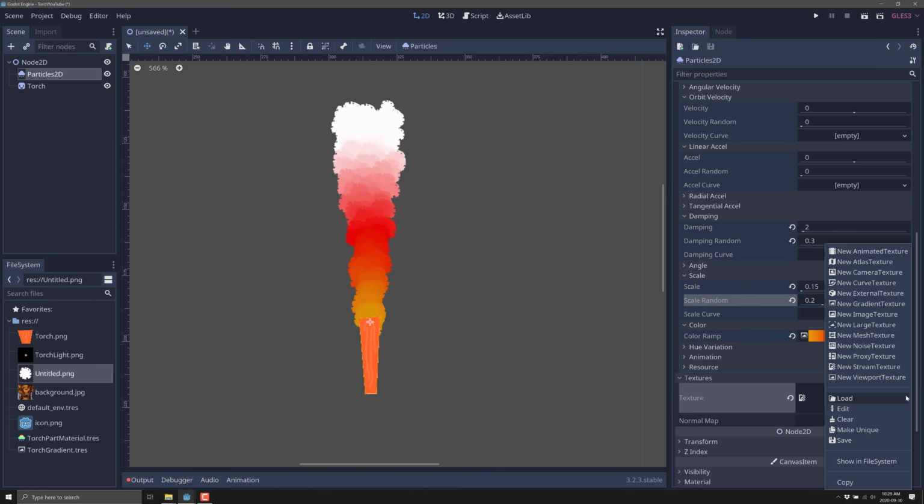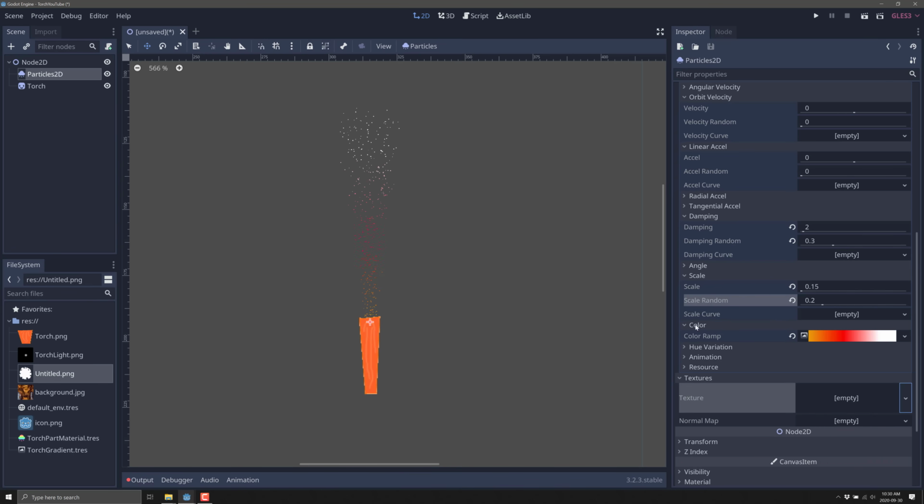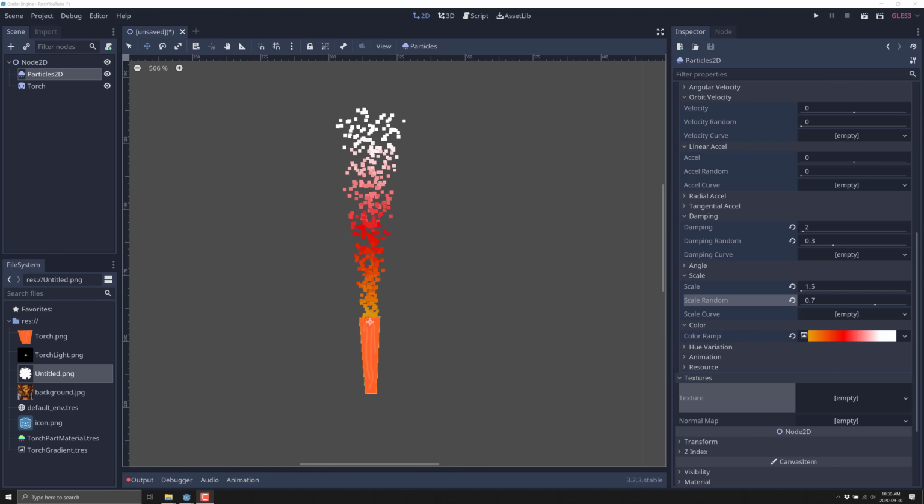Now, the truth of the matter is, I actually like the textureless version a little bit better, except of course, you don't want to jack that scale down quite so much. So here, let's do 1.5 scale, and let's do 0.4 maybe. Okay, that's all right. I actually like the one I created the other time better. But a lot of this really is going to boil down to what you do with it, how you make it work. You kind of tweak things around.